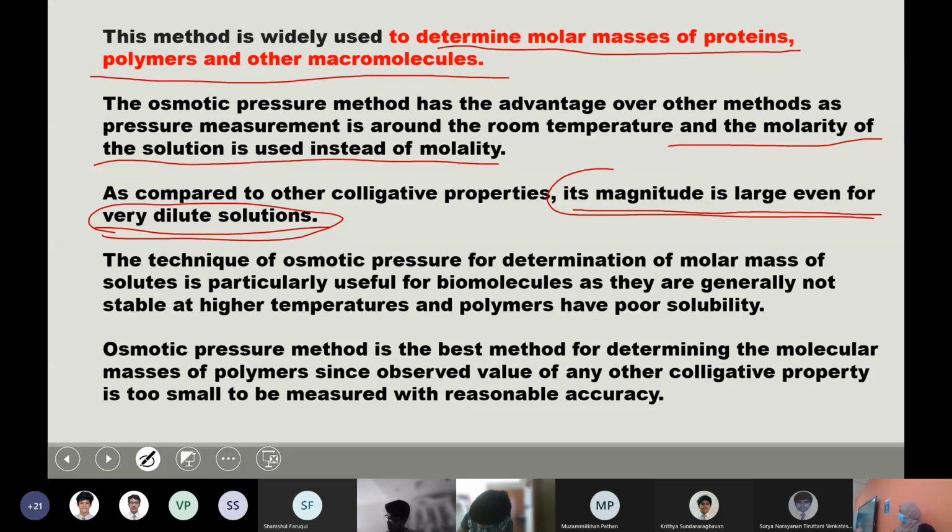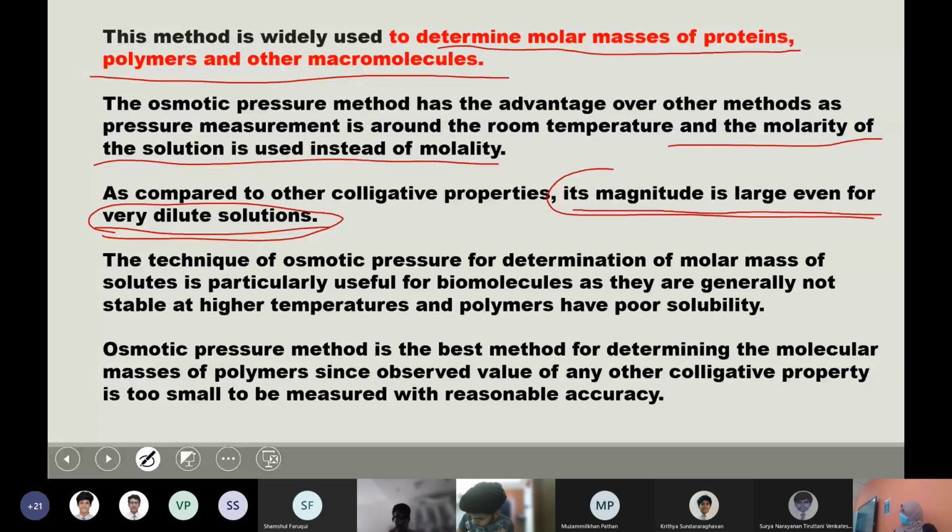So if you are given an unknown sample, a white powder, and you don't know its identity, and you want to find the molar mass, you will first take a glass of water and check the boiling point, and after adding a known amount of solute, you will again find the boiling point. You can see that the boiling point increases when you add a solute. Using the change in boiling point, you can find the molar mass M2. So for an unknown identity, you are calculating its molecular mass using this method. In laboratories, they use this method to calculate the molar mass.